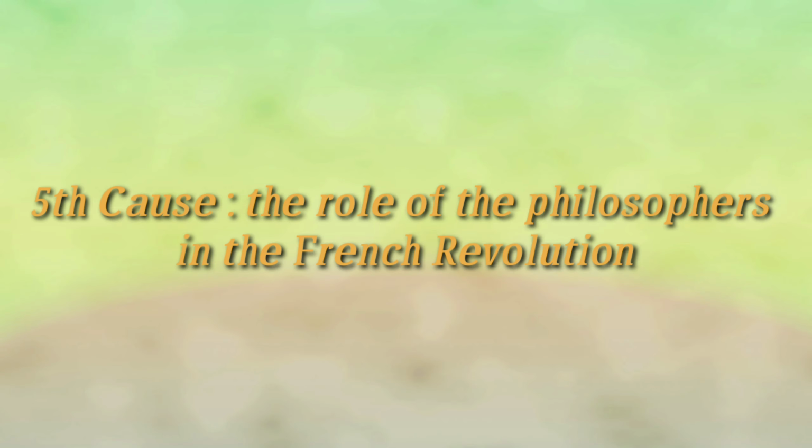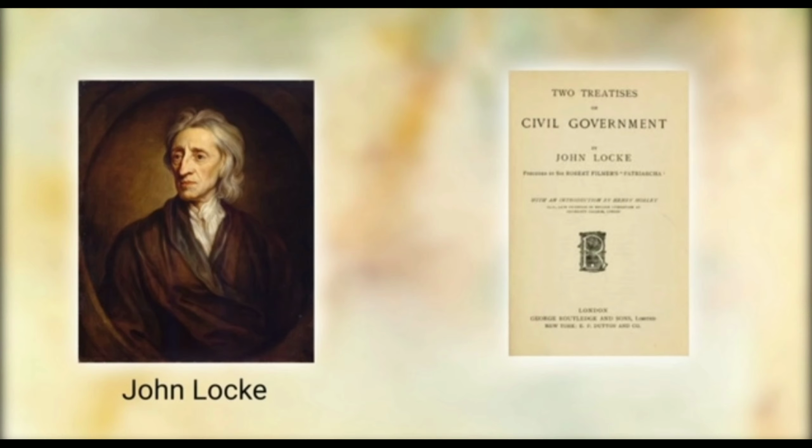While we are looking for the causes, we should definitely look at the leading thinkers of that time, and that is the fifth cause: the role of the philosophers in the French Revolution. The philosopher John Locke, in his book Two Treatises of Civil Government, criticized the doctrine of divine and the absolute right of monarchs